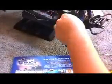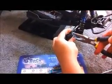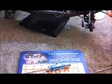Once we have the screw in, we're going to take our needle nose pliers again and actually pop our camber link and steering link back on to the hub. Hear a nice snap. I'm going to do the same thing for our steering. Once we have that on, we're going to move on to our rear